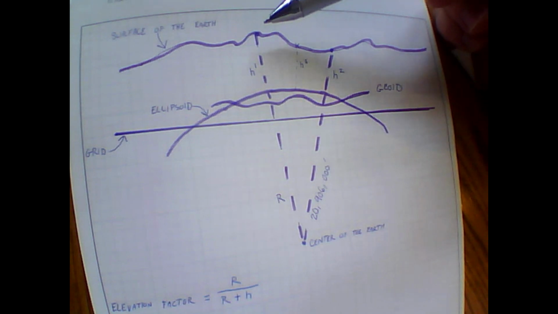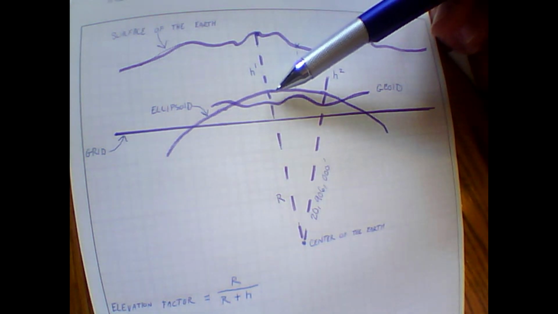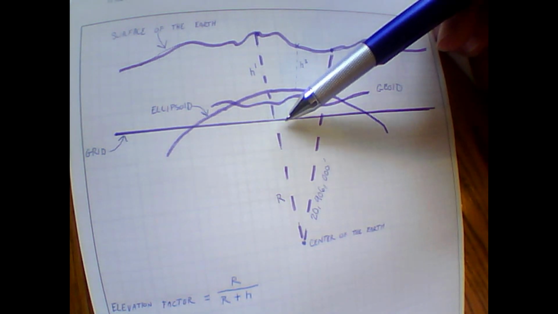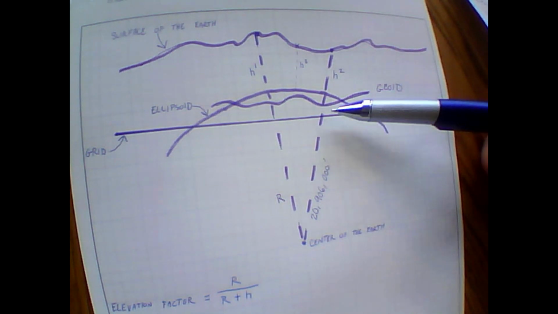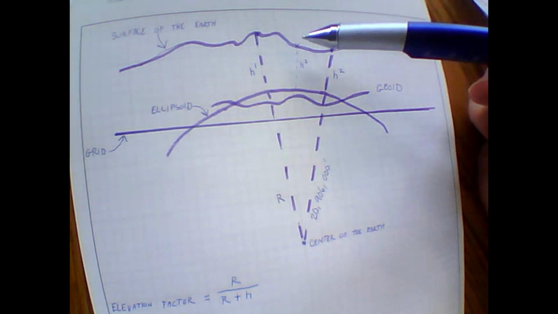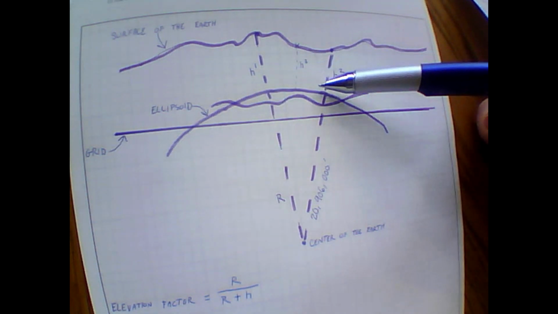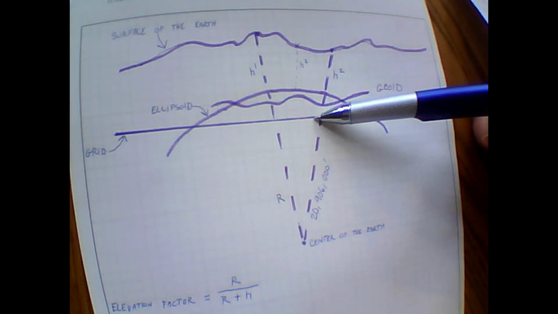So you're going from the ground to the ellipsoid to the grid. As you can see, because you're coming from the center of the Earth, as you go higher towards the ground, your distance is going to become greater. This is going to be your shortest distance on the grid,